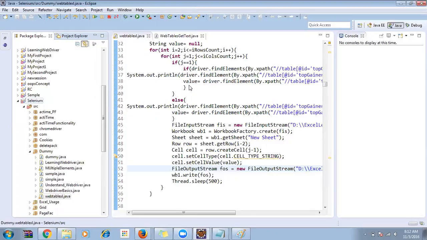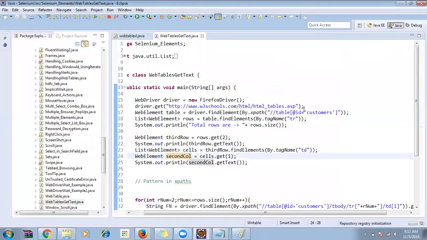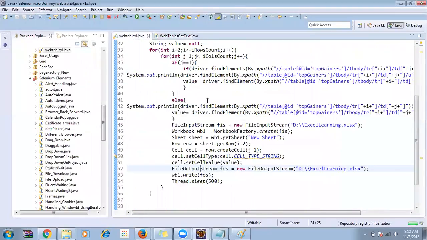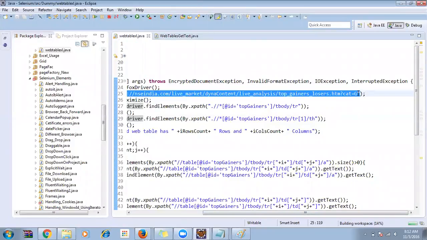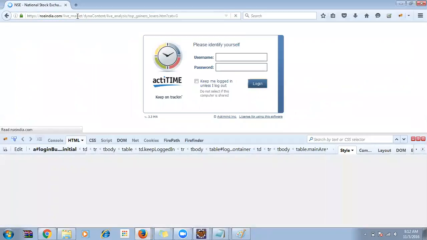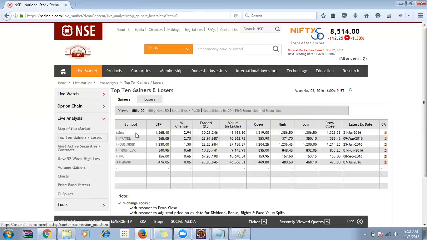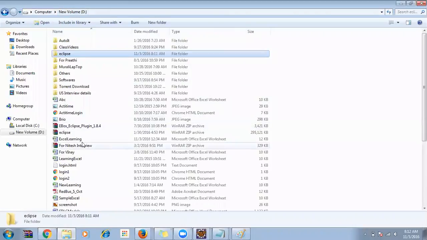I'm not going to explain the code. For example, this is my application. Usually you'll be facing these types of scenarios in your application. This is my web table. I want to print the information written in this table, and I want to have it in an Excel sheet. So for example, if this is my Excel sheet,